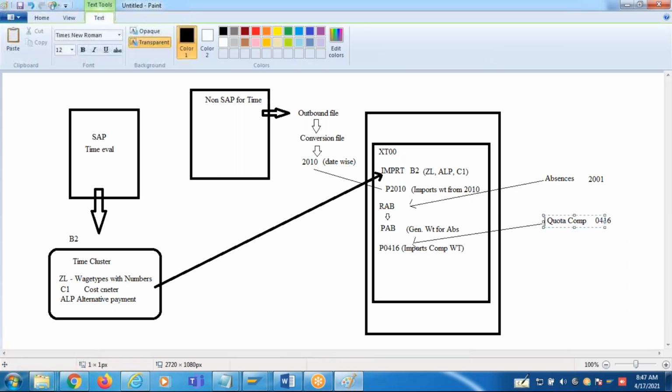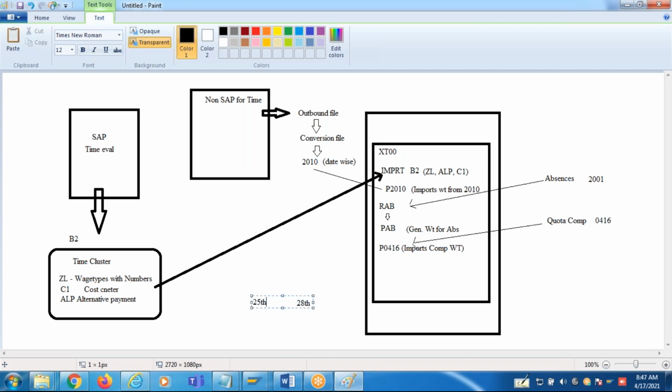So we have a quota compensation, where the steps are imported by this function. Now, let's say the pay date of the month is 28th, guys. Let's assume 28th is a payday in every month. To keep the bank file ready by 28th, at least you have to initiate the payroll by 26th or 25th. Let's say I'm running the payroll on 25th, so that I can have a 2 or 3 days buffer time to resolve any issues.